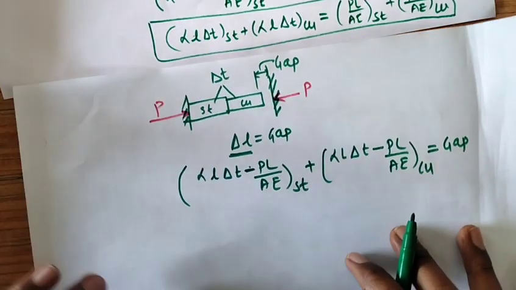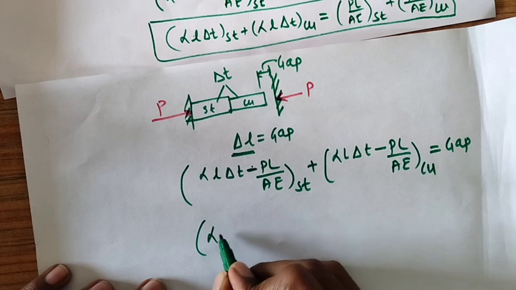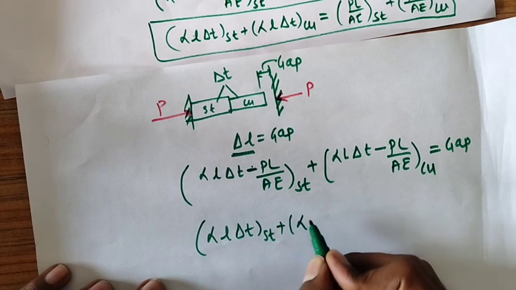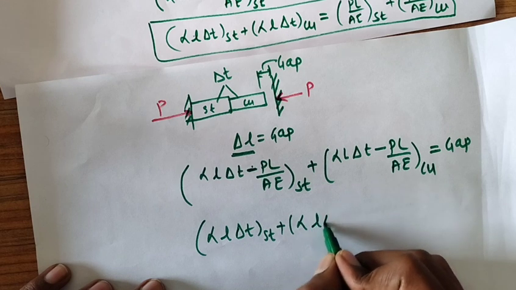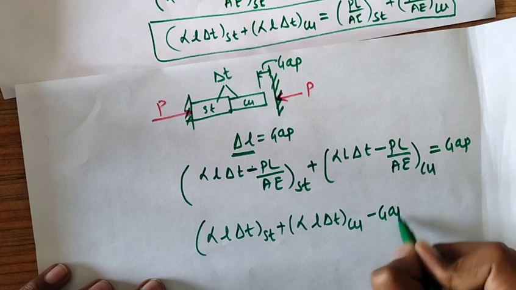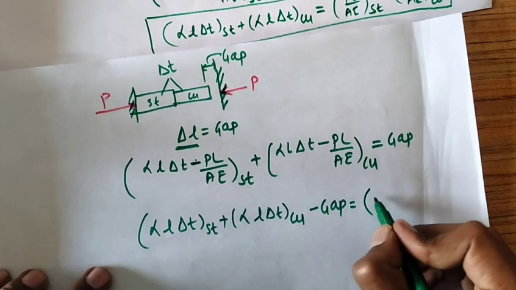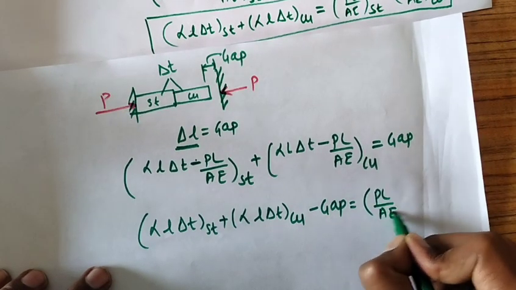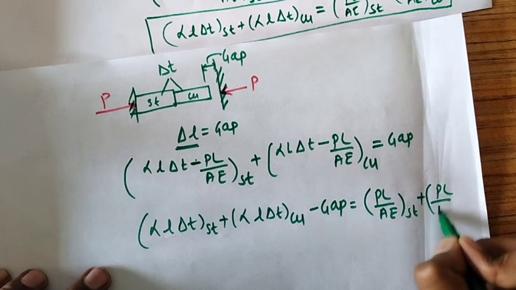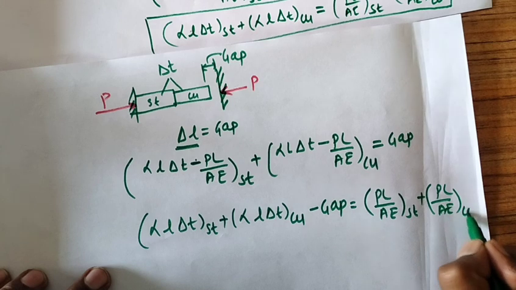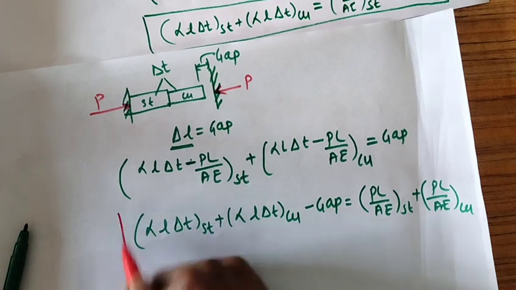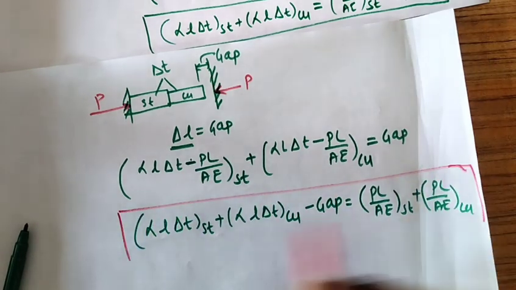In a more simplified way, we can write like this: alpha L delta T of steel plus alpha L delta T of copper minus gap is equal to PL upon AE of steel plus PL upon AE of copper. So this expression is used to solve numericals when gap is given in case of bars in series